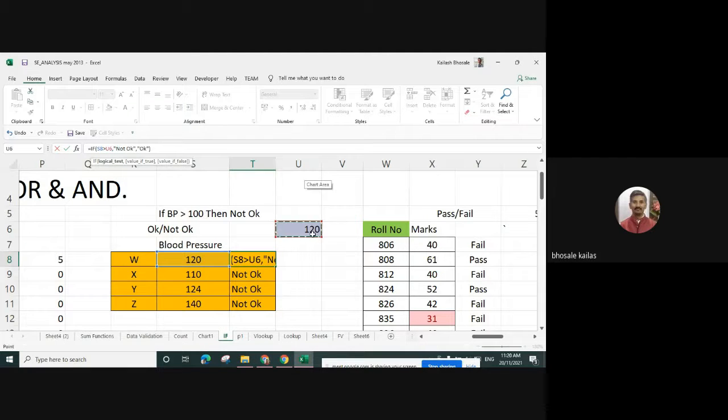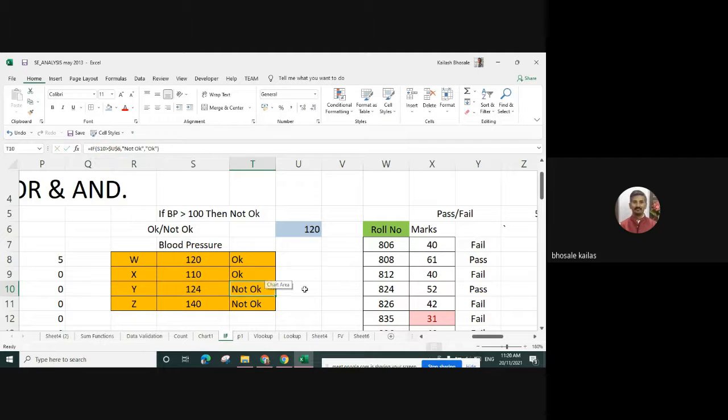We give the reference of the U6 cell and lock it. Then I will copy and paste the formula. Now it is working okay. It has taken the reference of the U6 cell value.